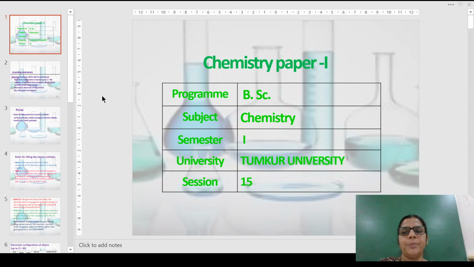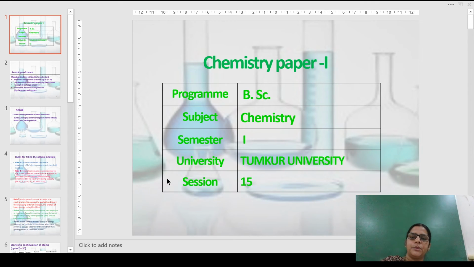So for chromium with the atomic number of 24, we expect this kind of electronic configuration. If you count here, 2 plus 2, 4, plus 6, 10, 11, 12, 12 plus 6, 18, 19, 20, plus 4, 24. But actually, you have to observe this particular thing: it is not 4s2 3d4, it is 4s1 3d5. What has happened? One of these electrons gets unpaired and goes to the 3d level. So it is shifted to the 3d orbital, makes it half filled, and we have already seen that in the case of half-filled orbitals the stability is more. Hence chromium will be more stable.